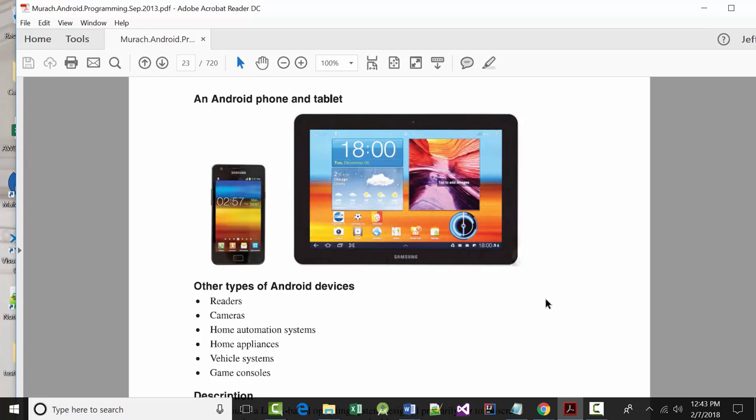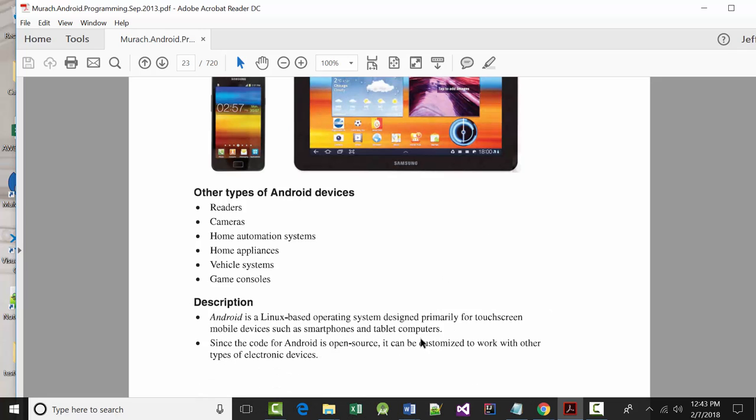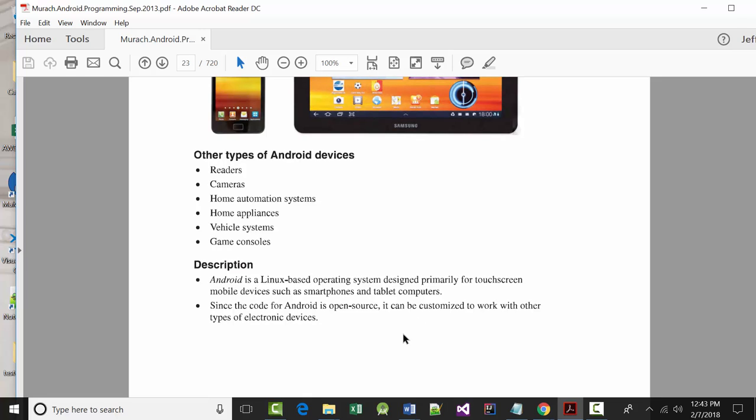I don't think that'll work. It will work with Android. All right, you can do that kind of stuff. And if you don't know it, they give some examples here, but one of the biggest ones are home automation and home appliances. Today, so much stuff is debugged